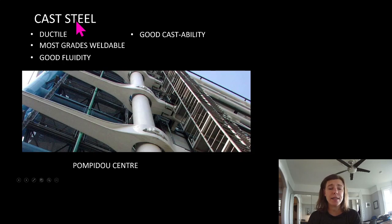So cast steel, however, is ductile. So not iron, but steel is ductile, and it has...